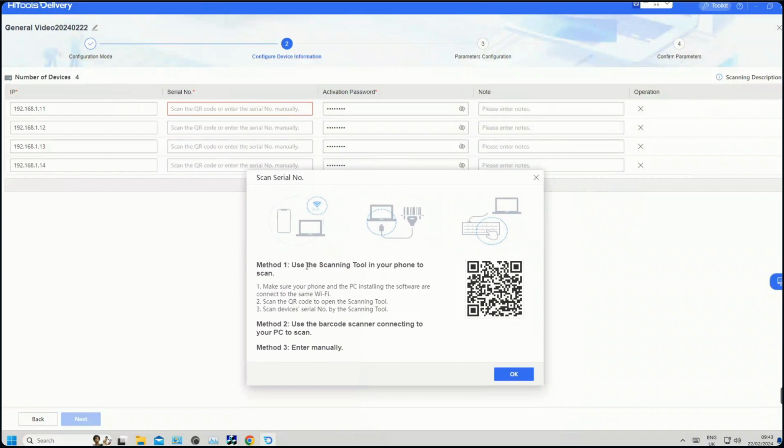The first one is that you can use the scanning tool in your phone to scan this QR code. Just make sure your phone and the HiTools software are in the same network. So once you scan this QR code, it will open a web page on the mobile phone with the feature of scanning the serial number. After you scan, the serial number will be entered into the box